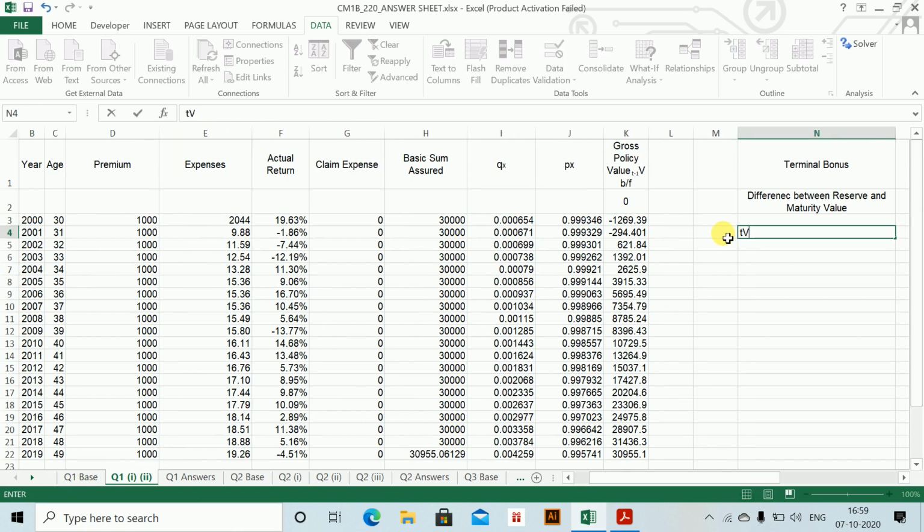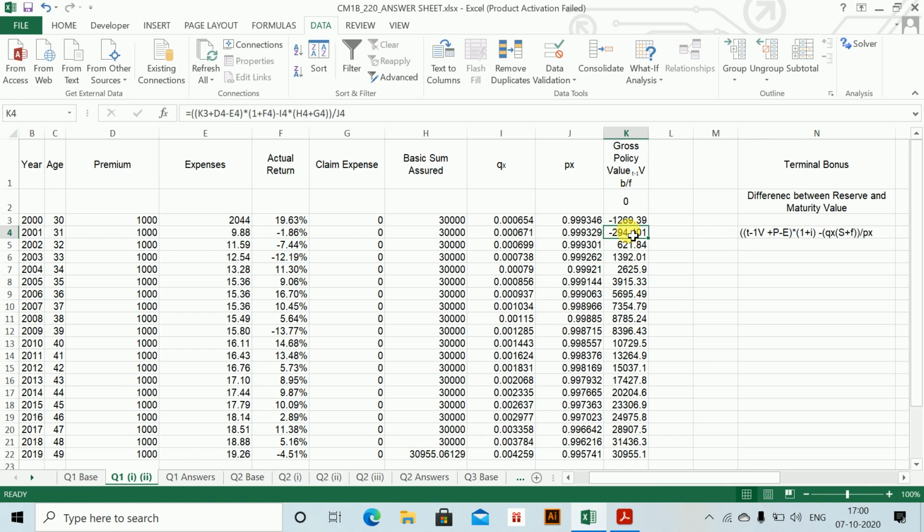It is the previous year's reserve, that is t minus 1 V, plus premium minus expenses, and the whole of this into 1 plus i, and minus of qx plus t into sum assured plus claim expenses, and the whole thing divided by px. So this is qx and this is px, and the whole thing is the formula which we'll use for the recursive calculation.